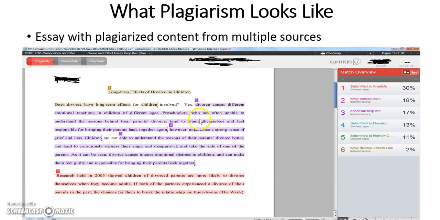So this is an example of an essay that has plagiarized content from multiple sources. As you can see, this entire paragraph here is plagiarized, right? There are no original words by the author. What the author tried to do is steal the words, but in this instance right here in the first line, some minor words are changed.